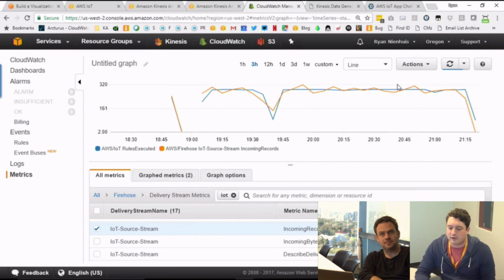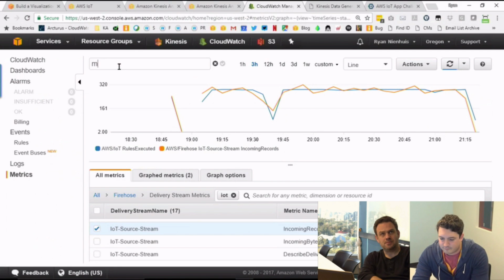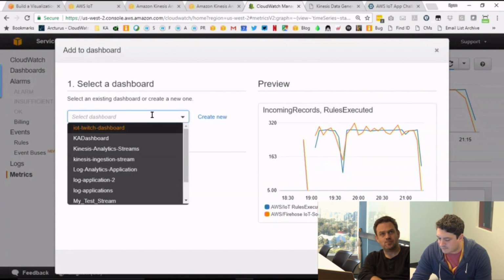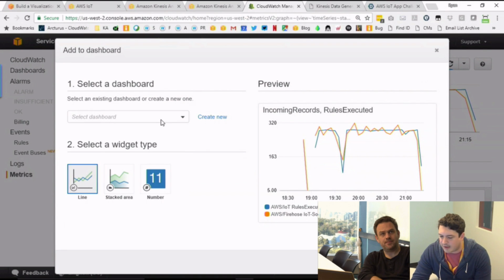Then I'm going to show you another trick that not a lot of customers know about at AWS. I wish more did, because the CloudWatch team continues to iterate very quickly on this feature, and it's really, really nice for real-time dashboards. When you get a graph set up, you can name the graph and then add it to a dashboard. I have a bunch of dashboards related to other test applications. Once you provide a name, you can choose a line graph and click Add to Dashboard.